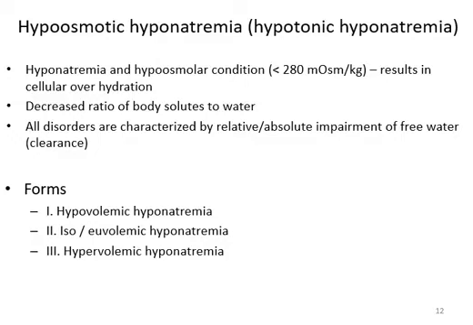In isovolemic or euvolemic hyponatremia, the initial and the main problem is free water clearance abnormality, which can develop due to either increased free water uptake, like beer potomania, tea toast diet, psychogenic